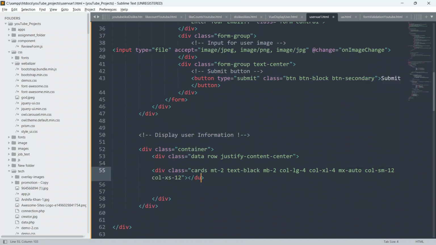So close this div first, otherwise we will forget it, and then we will have an error.